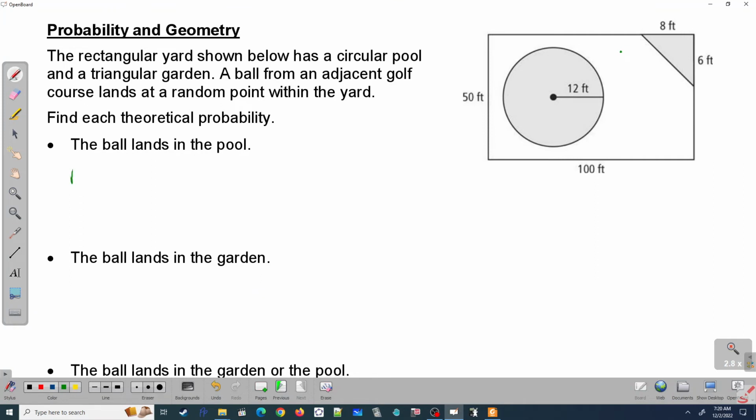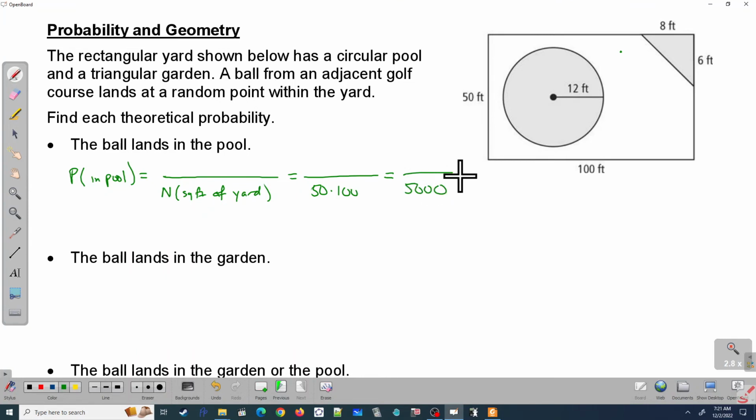Well, if I'm going to figure out the probability of landing in the pool, I'm going to go back and look at my numbers. In this case, I'm going to look at the total square feet of yard, because that represents my total area. Since that happens to be 50 times 100, I'm going to come up with 5,000 as my denominator. Then on top, I'm going to take the number of square feet of just my pool,